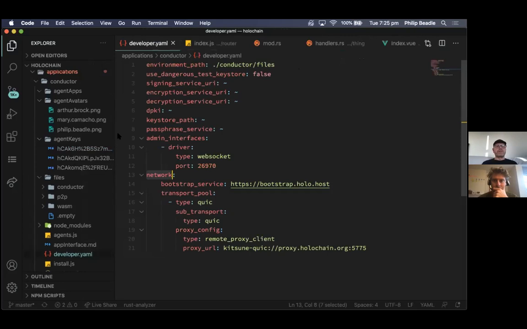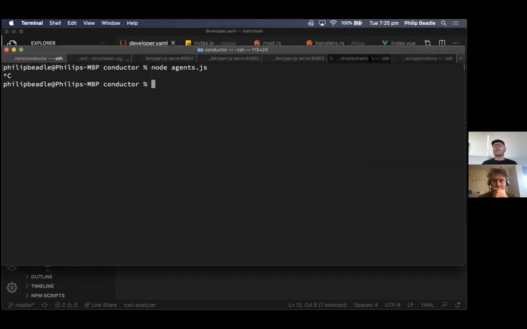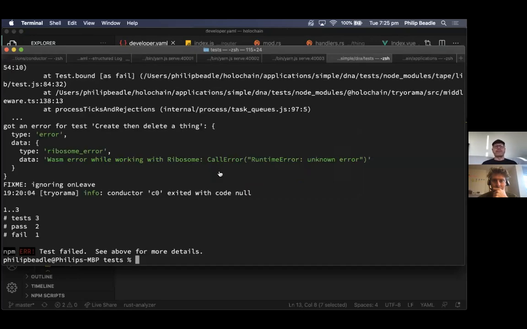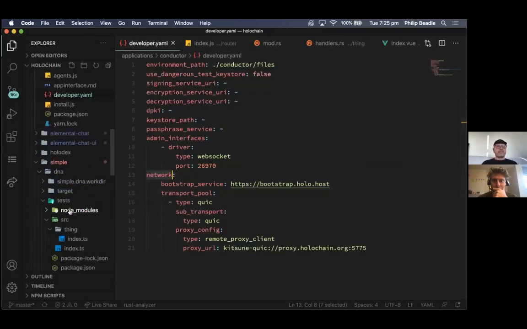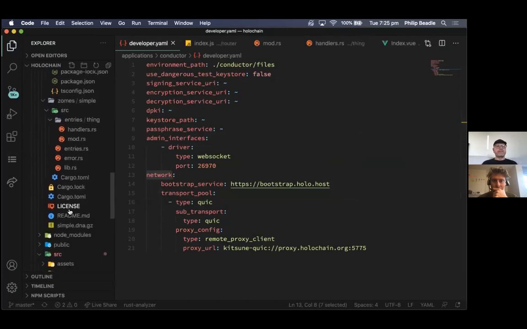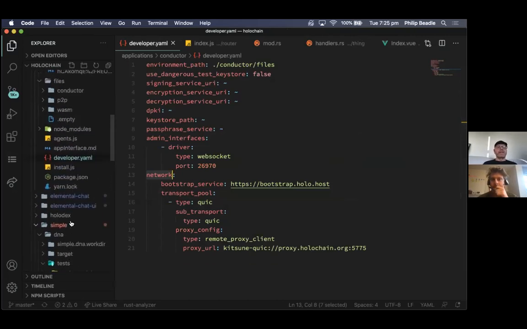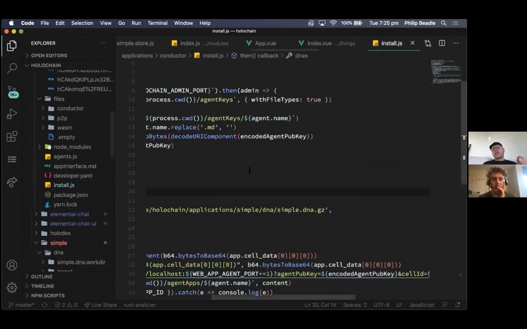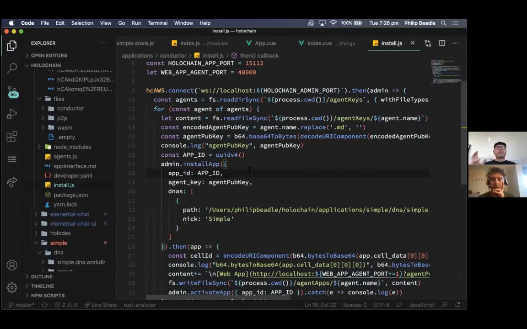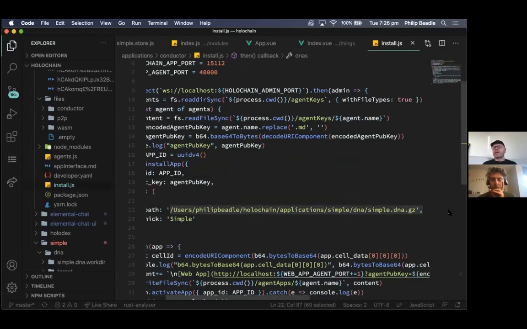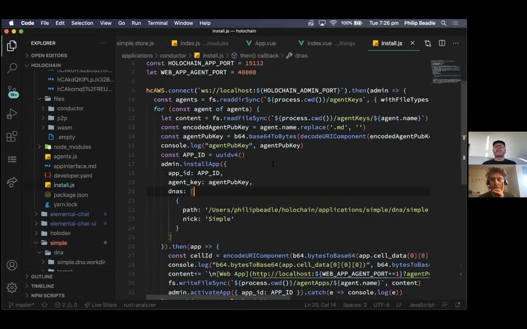And now what I want to do is install that GZ file that we did when we ran the tests, which is this one here, simple GZ at the moment. And what I wanted to do was make this flexible, but so that I didn't have to do everything for everybody. So literally you just come in here and you give it the path to the GZ file, call it what you like, and we can install this file now, or this cell for each of the agents, which will give us the same